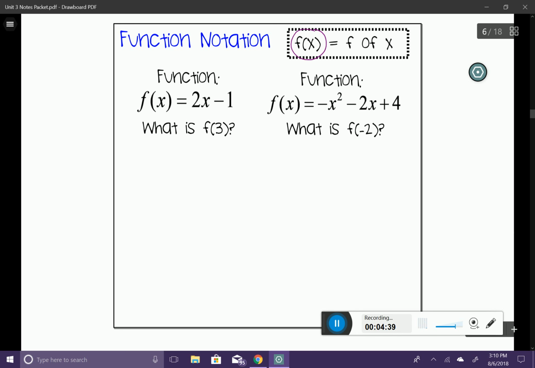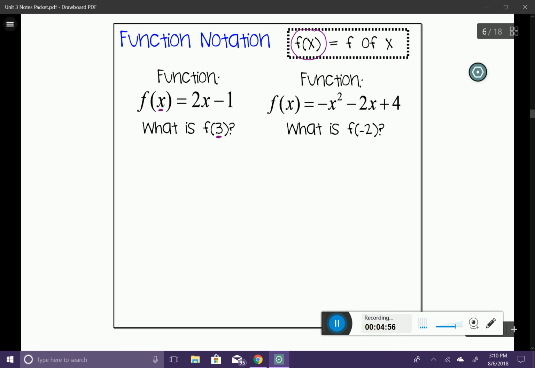And here's how it works. It's kind of interesting. I'm given the function f of x equals 2x minus 1. And then it says, what is f of 3? Notice that that value right there is in the same position as the x. That's just saying, well, what is this whenever x is